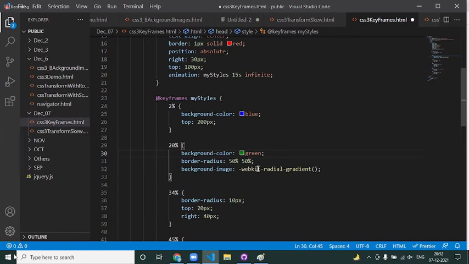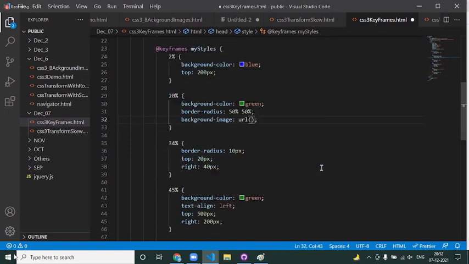I specify this background image as a URL, and under that I'm going to specify the image.